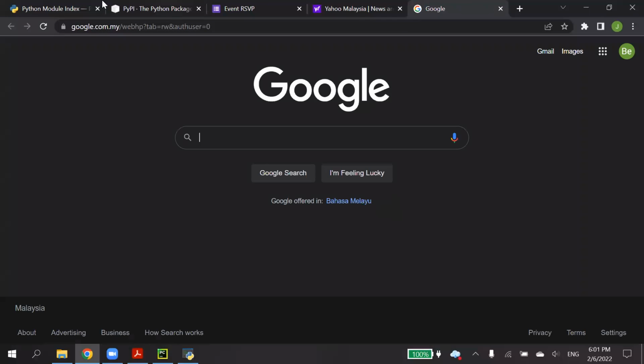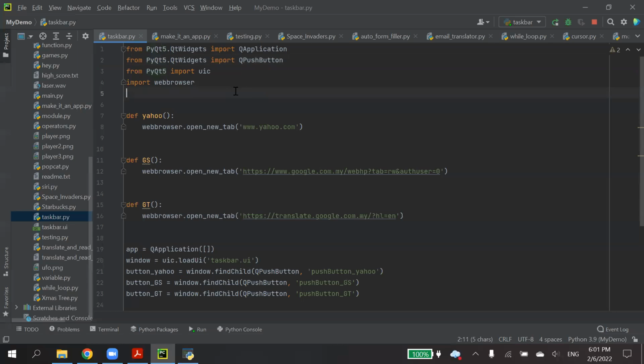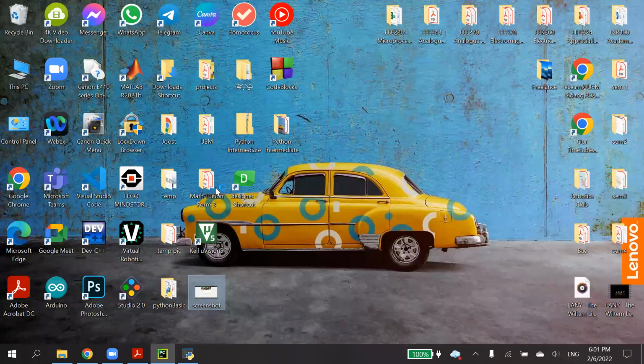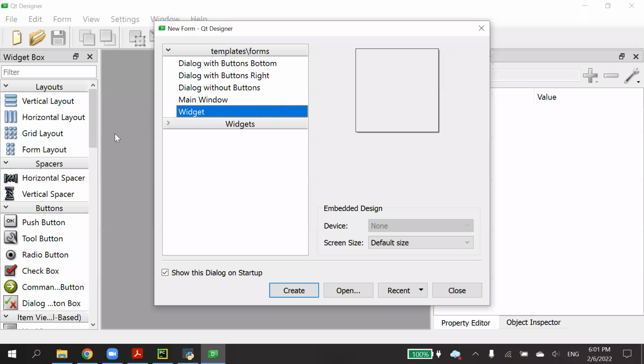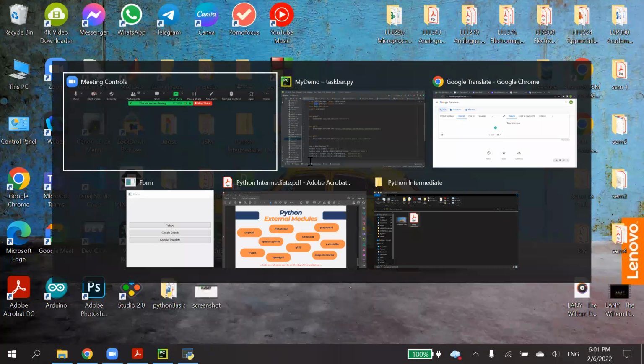If I click Google Search, it opens Google Search. Google Translate opens Google Translate. This is the code of it using PyQt5. PyQt5 has a Designer in it, where you can design the GUI you want. But this is quite complicated already, and I don't have time to cover it here.